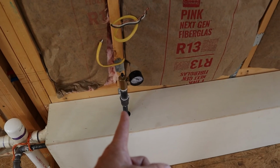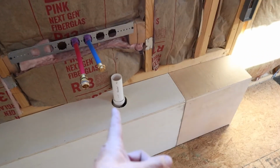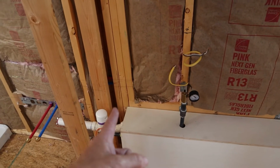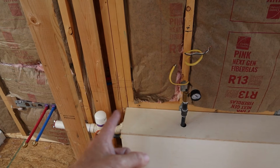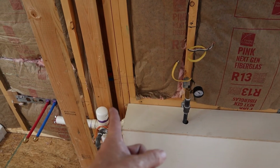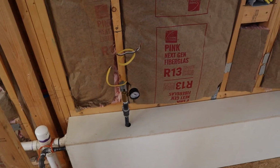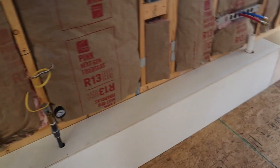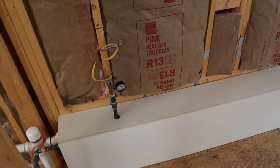That way I could know where to put my hole, and that way I knew exactly where to put the hole. By having this brace, this little cleat on the end as a backstop, basically. So this thing pushed this way and backed up against that, and that made me set exactly where I needed it to be. Once that was in place, holes cut out,